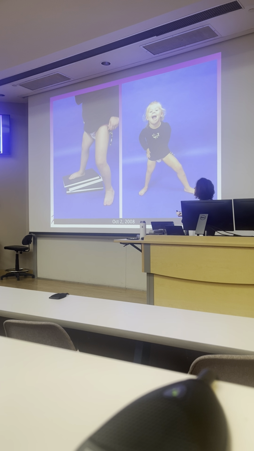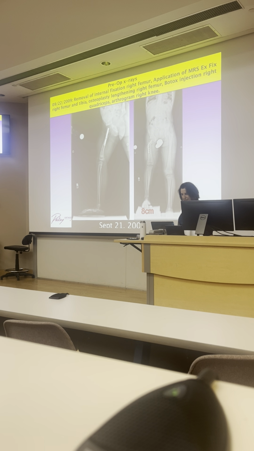And her abduction is good. And she's sassy. Okay, so at the surgery where she had the external fixator applied, in her first surgery, she had the removal of the internal fixation, okay? And she had the application of an external fixator, which was called a MRS, modular rail system